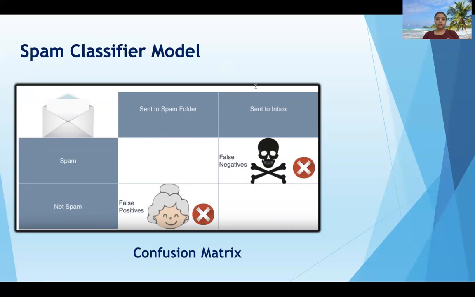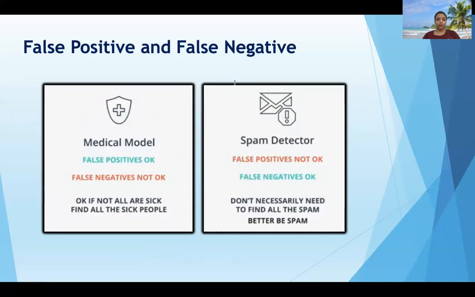Okay, so the answer is this: a false negative means by mistake a spam email is sent to the inbox folder. In that case, you can delete that spam email. But if a good or important email is sent to the spam folder, that could be worse, as you could miss that email. So here a false positive is worse than a false negative. Okay, the rule of this model is that if I say the email is spam, then it should actually be spam. Okay, so here we saw two models, the medical model and the spam detector model, which are fundamentally different.